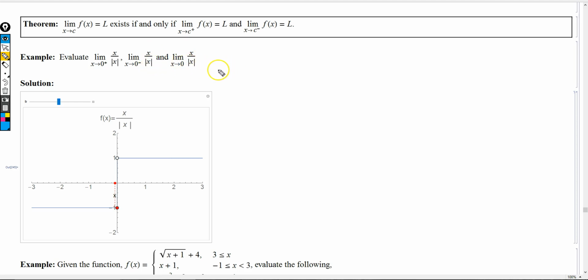You can try this one on your own. Pause the video. I'll assume that you tried it on your own, so let's go over the answer. Before we answer these three limits,